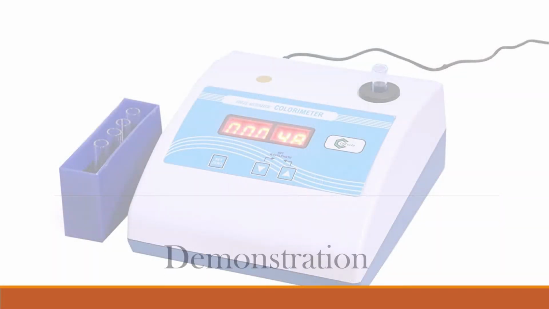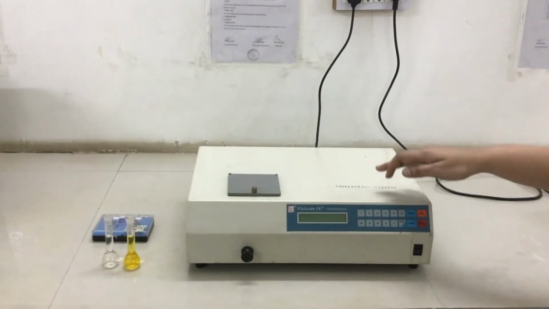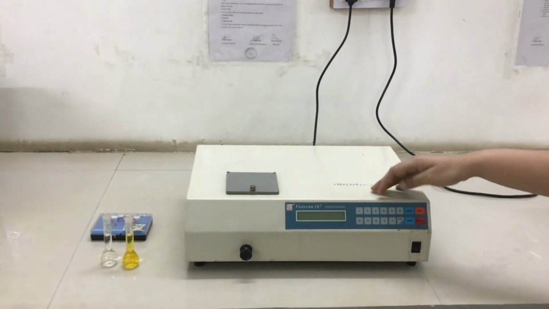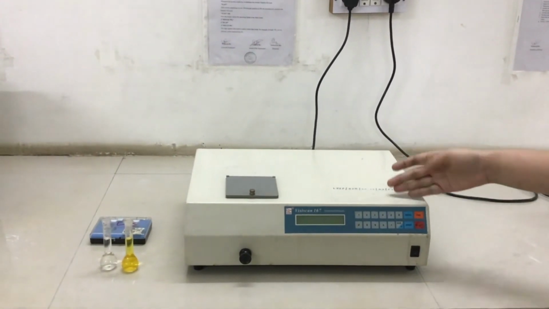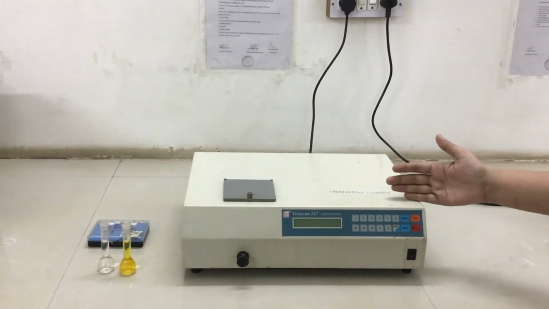Now we will see demonstration of photometer. Now we are starting the second session, that is operation of colorimeter. Myself Navda Soni, Assistant Professor, Department of Quality Assurance at LJ Institute of Pharmacy. Today we will see how the colorimeter is operated. This is a double beam spectrophotometer made by Viziskin. This colorimeter is operated in the range of 400 to 800 nanometer, that is visible.